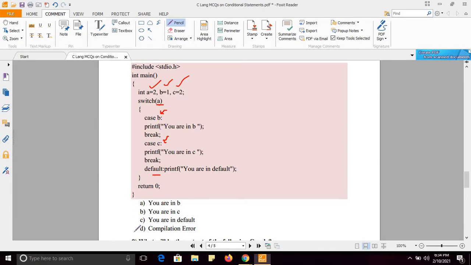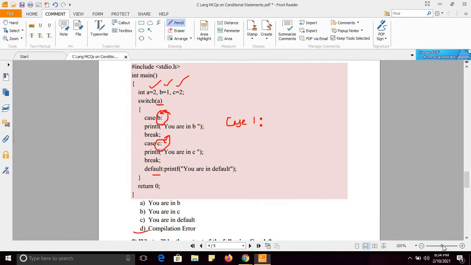It is a compilation error. If I want to use case in a switch statement, then here I need to pass a constant only. I can write only case 1 or case 2 or case 3. I cannot use it like this: case B, case C, case D. So it is a compilation error.